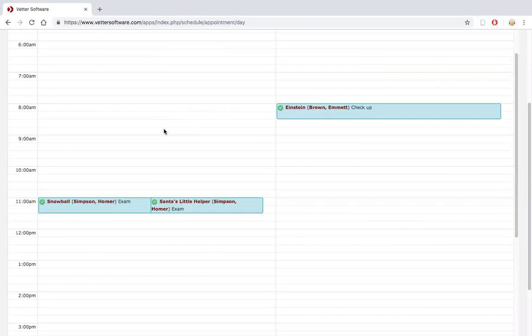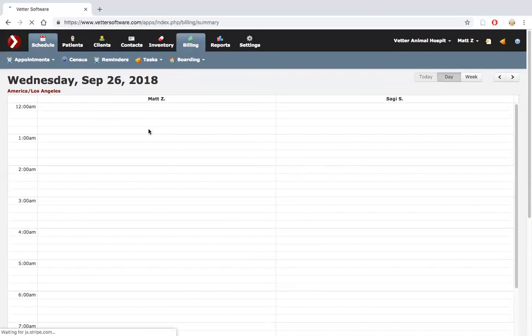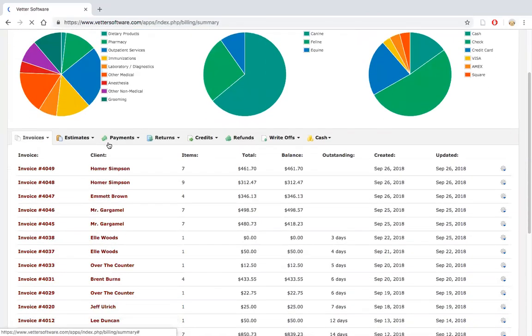Okay, so now if I go to billing, I will see there are 2 open invoices sitting right here for Homer Simpson. Now, in the process here, let's take a look at the other things that can be done. I'll cover estimates separately, but we can view payment history here or collect payments. We can generate returns, manage credits, generate refunds, write off bad debt, and do a simple cash reconciliation if need be. So now, to bring the process together, let's include a return that will show up as